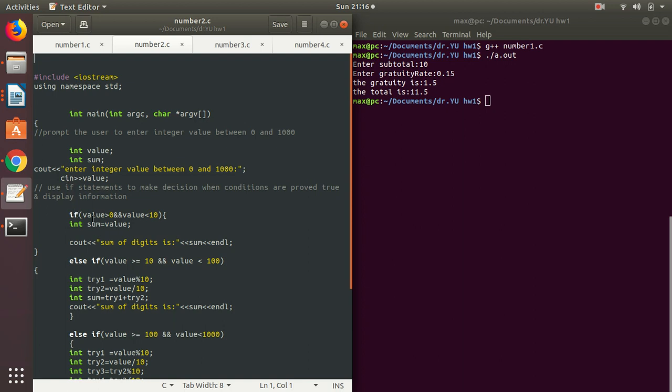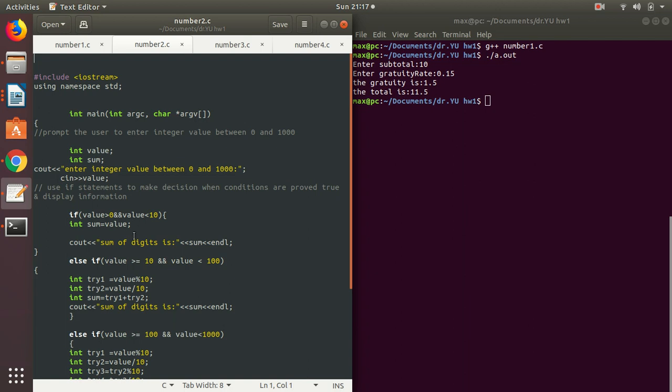Then these if conditions help you to make a decision. If a condition is true, you display the information as you see here. If this is true, you display this information. For example, if the value entered by the user is greater than 0 and the value is less than 10, meaning it's from 1 to 9,